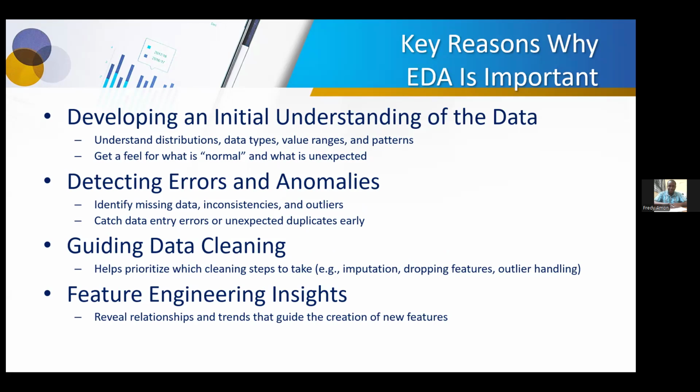All these are parts of why we are supposed to see the data, why we are supposed to explore the data set before starting doing anything. As part of detecting errors and anomalies, we need to identify missing data, inconsistent values, catch data entry errors or unexpected duplicates, all that. In guiding data cleaning,